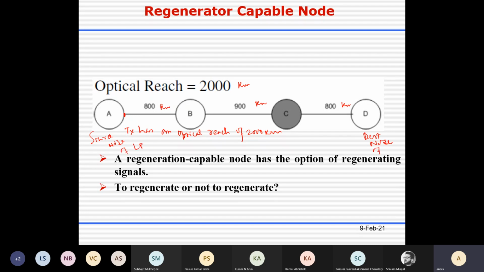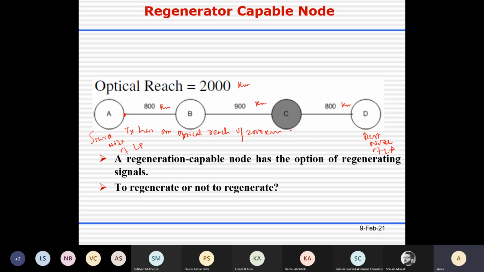Now you see the distance: 800 plus 900 plus 800, so this is 2500 kilometers. But your reach is 2000 kilometers. That means maximum in the optical domain you can traverse 2000 kilometers. After that you have to go for OEO processing or regeneration, because regeneration is not available in the optical domain. It is OEO processing, or an optical OEO regenerator.